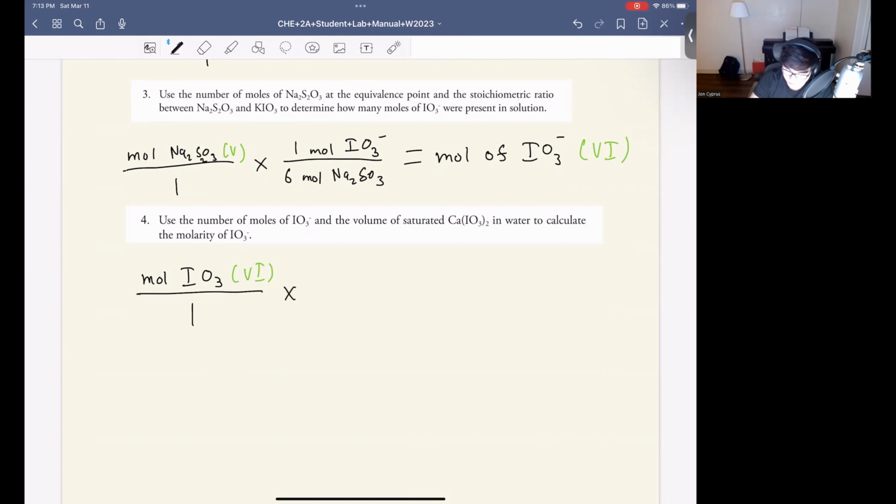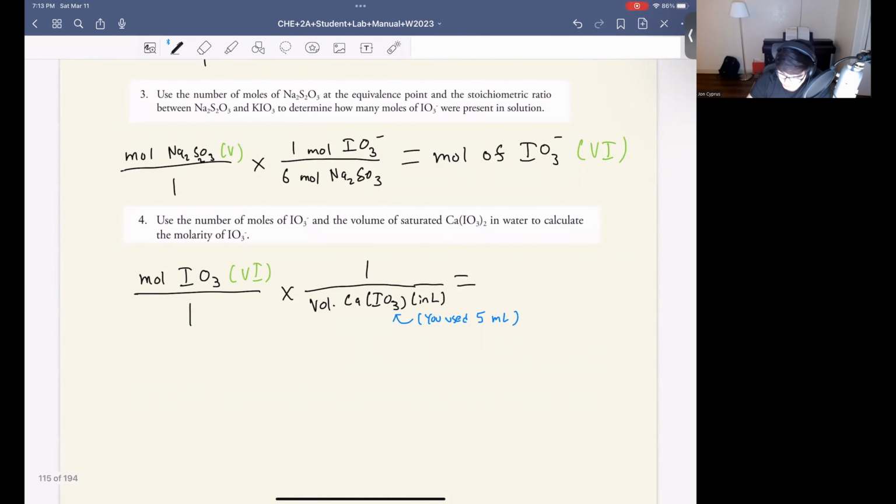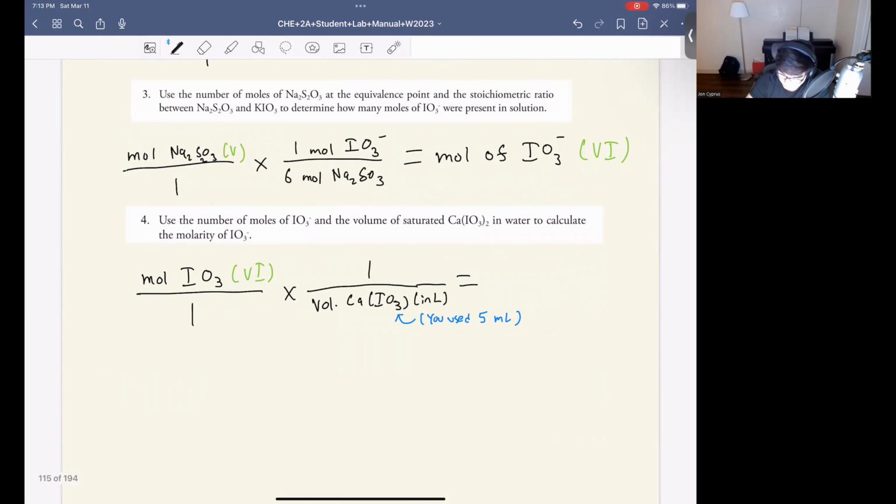And you're going to divide this by the volume of calcium iodate. Again, you should have used 5 milliliters. Make sure you do this in liters though. You will get this wrong if you don't. And then you end up getting the molarity